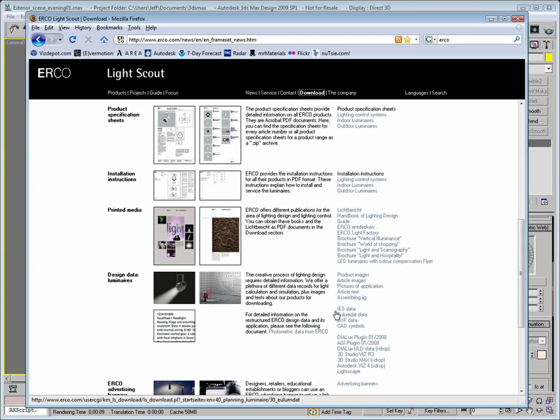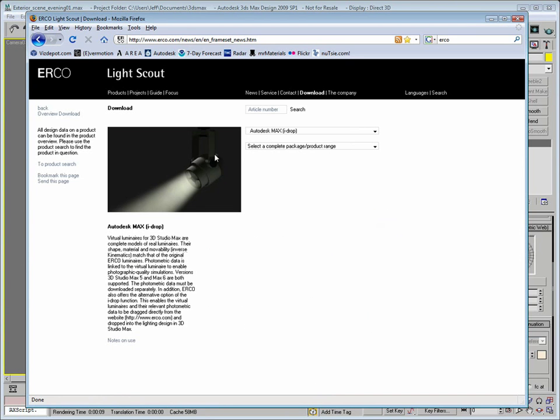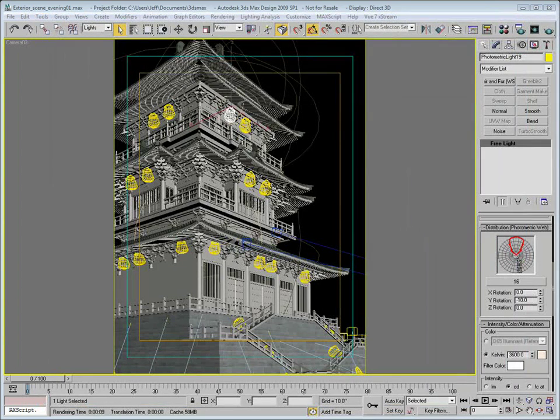So if I wanted the IES information, I could go to IES data. They also have 3D Studio Max eyedrop functionality. If I wanted to grab that, you can see that you can select the meshes as well as the IES profiles that you want. So it's really handy to grab this information, and what that does is it